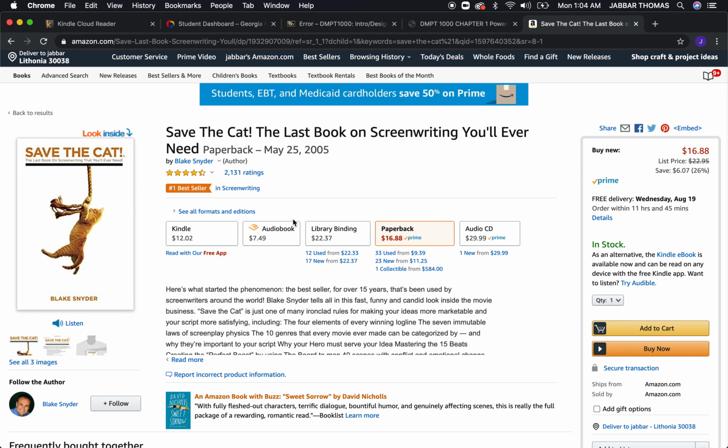on Amazon.com. They should have this in the campus bookstore. Okay. They have a Kindle version, they have a paperback version. Okay. They have an audiobook version of it. I do not recommend the audiobook version because there are certain things that you're going to have to be able to see to work on.